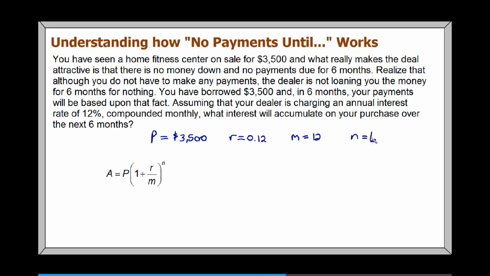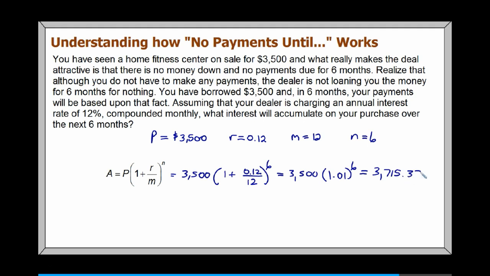Therefore, A is equal to P times the quantity 1 plus R over M, all to the power N. Substituting the known values, we have 3,500 times the quantity 1 plus 0.12 over 12, all to the 6th power. Simplifying inside the parentheses, we have 3,500 times 1.01 to the 6th power,